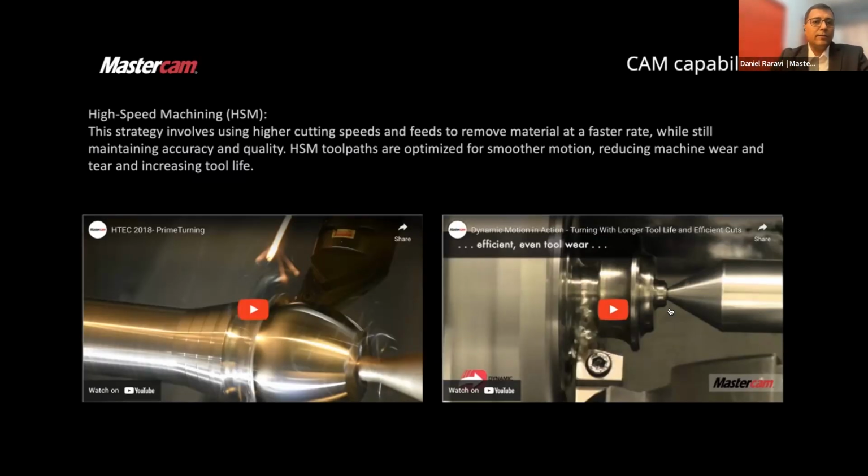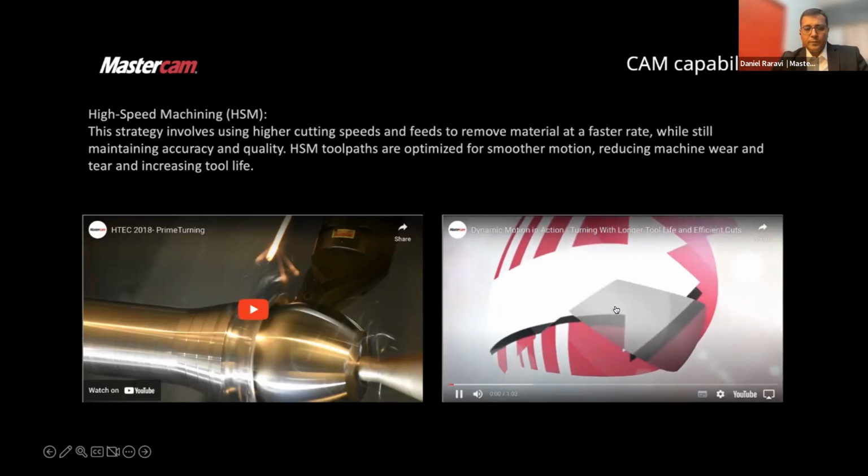But one of the aspects of CAM in the current perspective is high-speed machining, and this is one of the components of advanced manufacturing. High-speed machining involves various strategies, whether it is in turning, which is the basic of CNC machining when we look at it, 2.5D milling and 2D turning, some of the examples of basic CNC machining. And within this, we have two technologies that I would like to largely speak about today. One is high-speed machining in 2D turning by the use of dynamic turning. So let's take a look at this video.